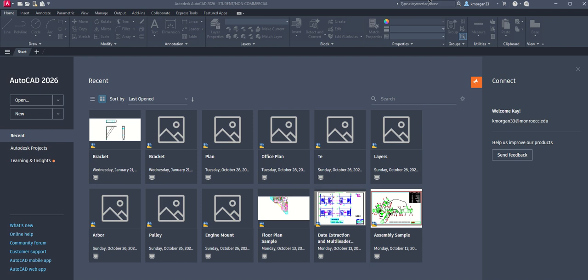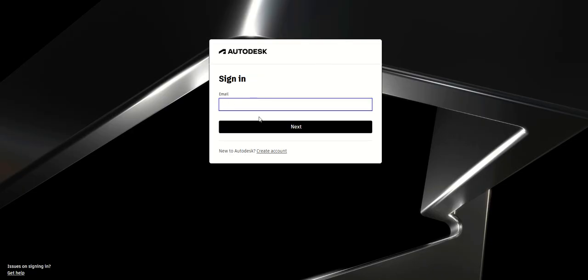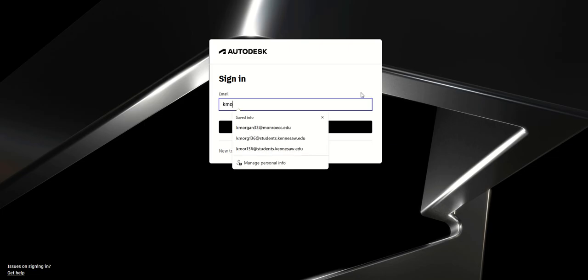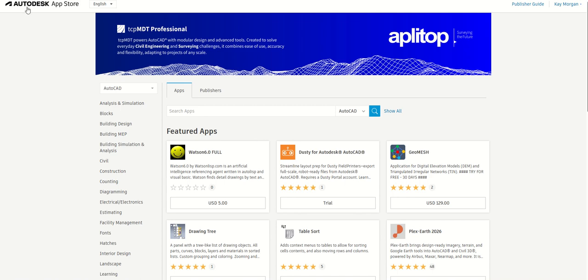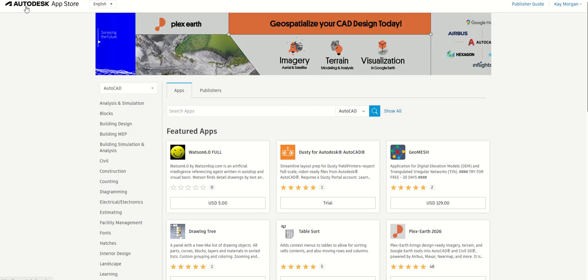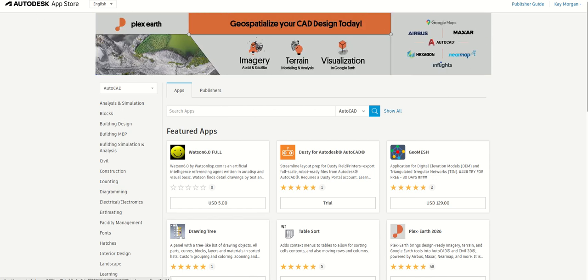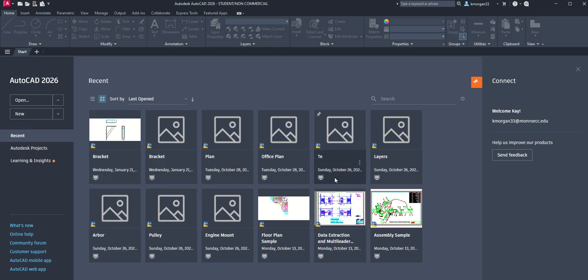On the very first row, there's another navigation starting from here all the way to the end. Here is a little shopping cart. It is going to take you to the AutoCAD site, and you can sign in using your email, because I put in my credentials, and then you have to identify who you are. Then there is the Autodesk App Store. AutoCAD is a software under Autodesk. All right, then we can go back to this site,